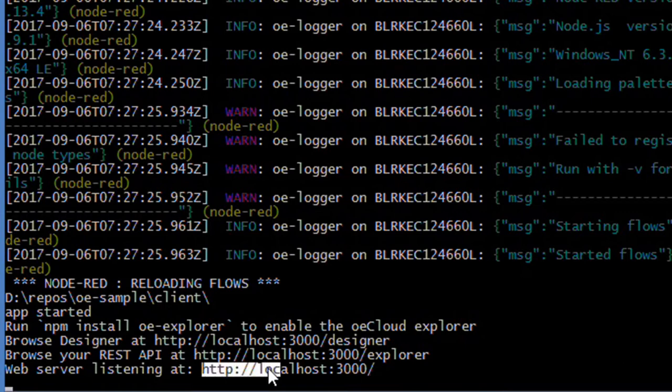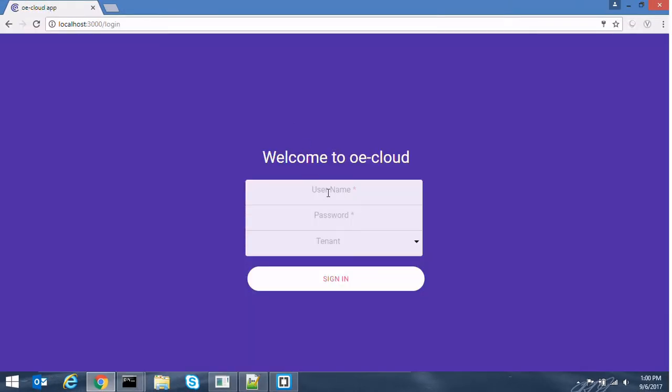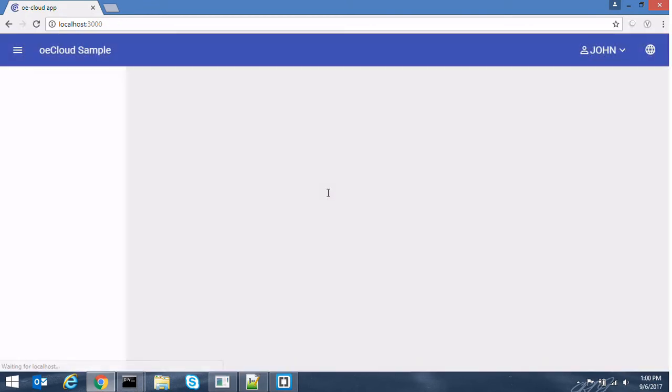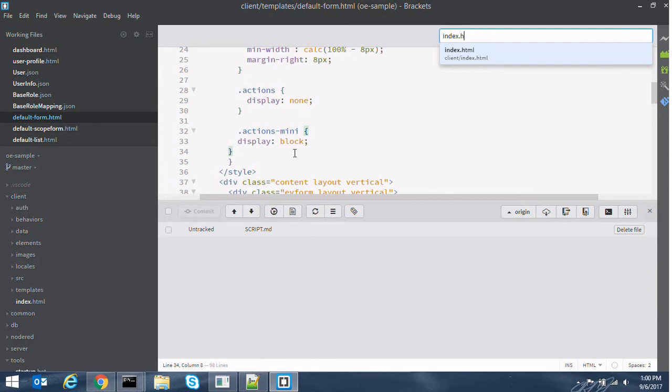Let's navigate to it and log in as John with the password as John. Application has a top header, side menu, and the content area. However, there is nothing visible on the home page. We will get things in shape in a while, but before that, let's quickly scan through the index page and